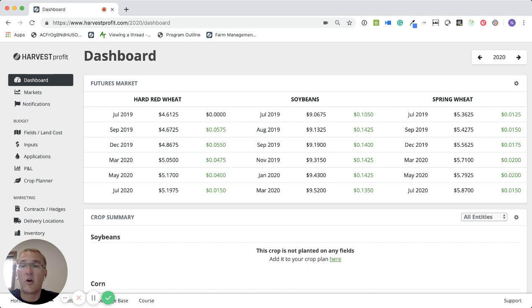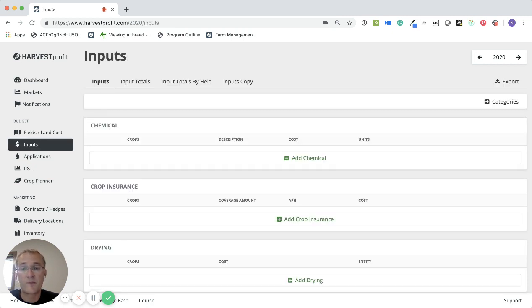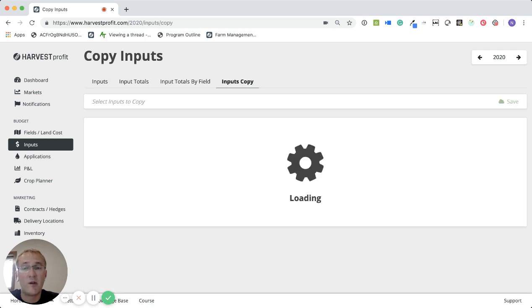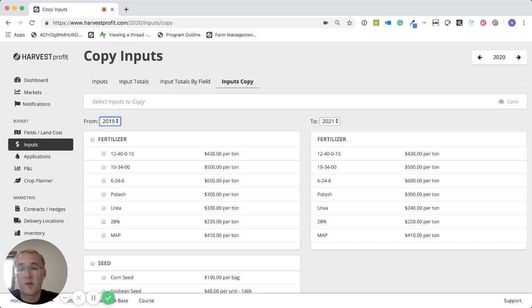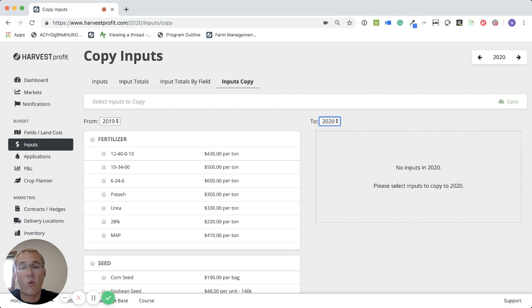And so I'm going to go through the process of just getting an initial start on my 2020 Harvest Profit year. So if I go to inputs, and I go to inputs copy, I'm going to take my 2019 expenses. So in the left column here, I select 2019. In the right column, I select 2020. And then I'm going to